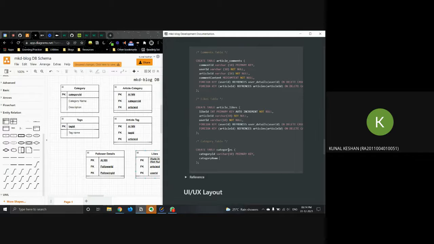This can be a tiny text, and that one, and description.